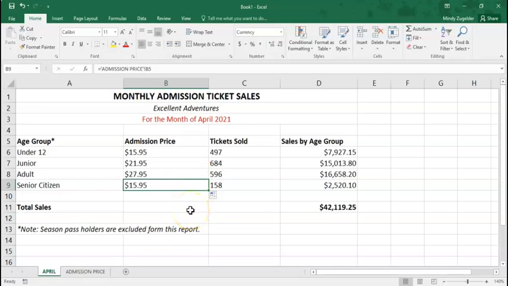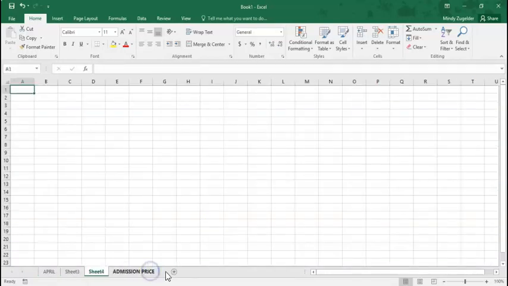All right, if you turn the page, number 5 says insert 3 new worksheets so that you have a total of 5 worksheets. So we're going to go 1, 2, 3. Okay, so that gives us 5 worksheets. Rename the new worksheets May, June, and first quarter. So I'm going to rename this one May, June,